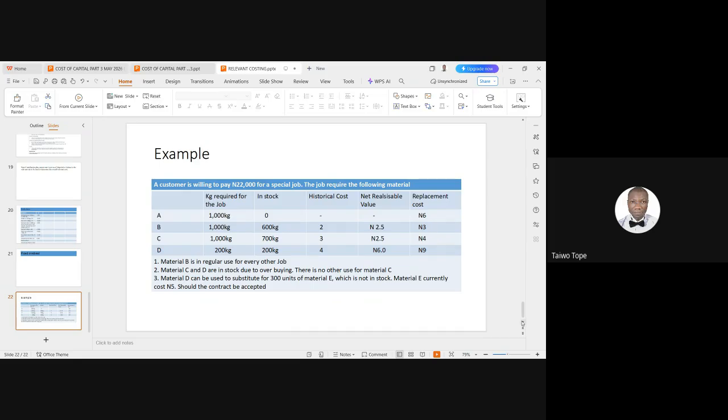For material B, the job required 1,000 kg. We have existing material in stock, 600 kg, historical cost 2 naira, and net realizable cost also 2.5, in that order. Then replacement cost likewise. Then C, we have 1,000 kg required. How many do we have? 700 kg. Historical cost 300. Net realizable value, replacement cost. And D, we need 200 and we have 200 in stock. Historical cost 4. The question is,